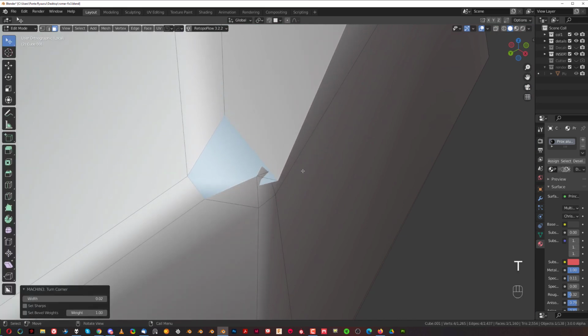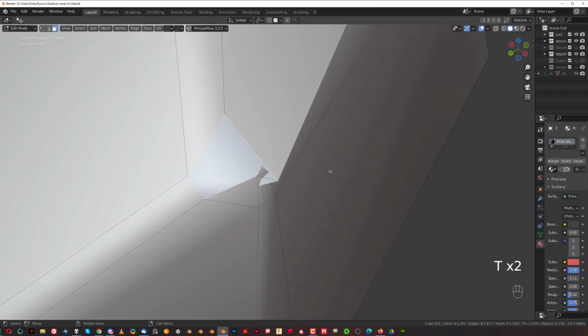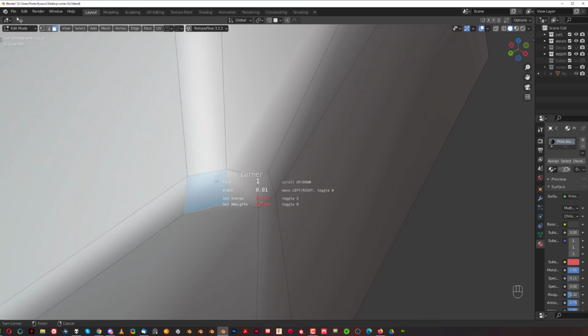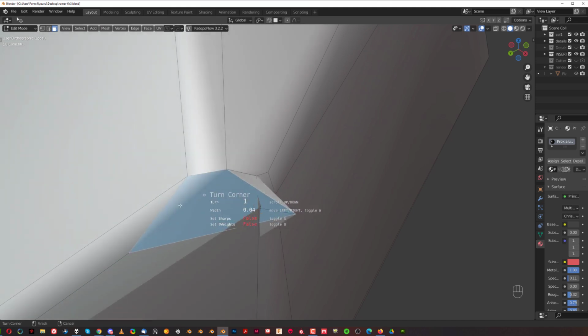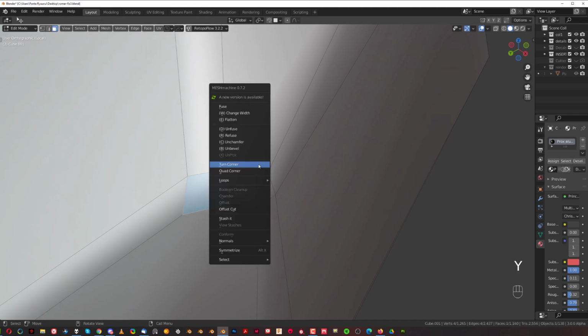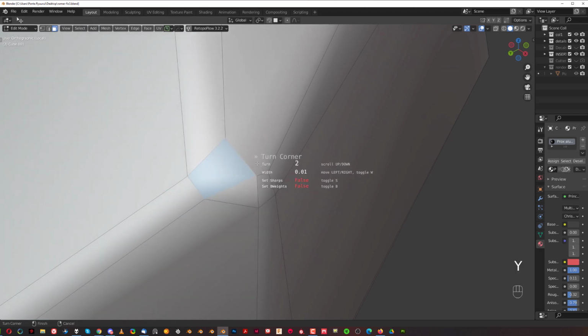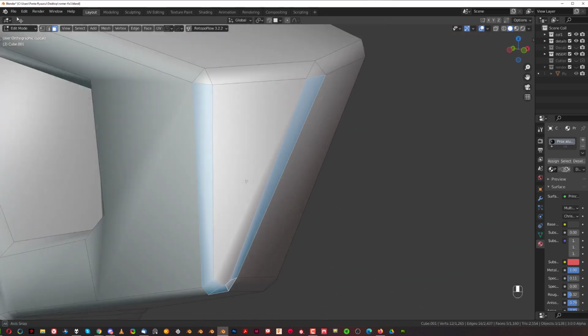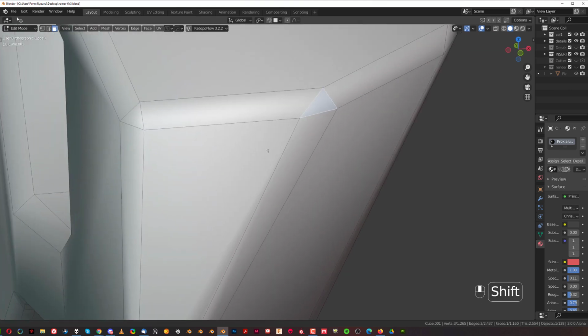So one more time. Turn corner. Okay. Turn it this way. So I can't turn it this way. Why I can't turn it this way? That's kind of curious. Let's try to do it this way, right? So turn corner and make it smaller. There we go. And then when I select everything, I'm gonna be able to unchamfer this, but let's fix these